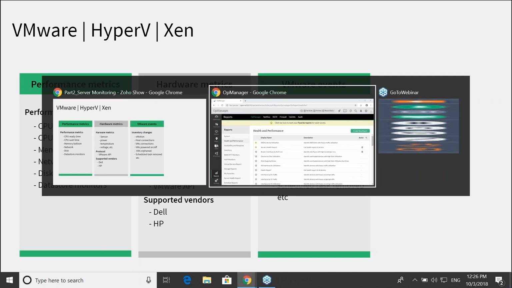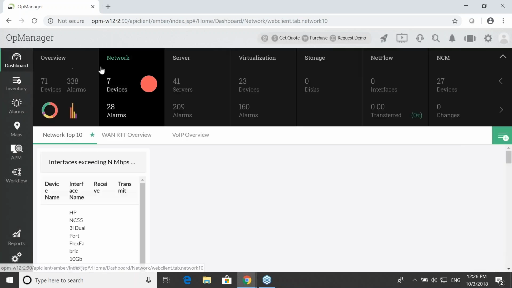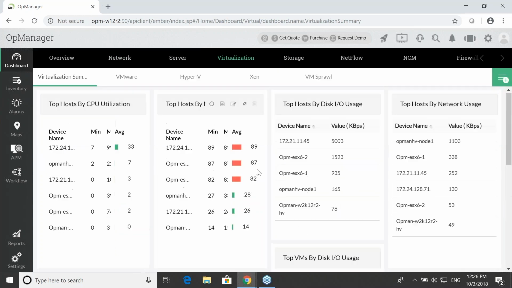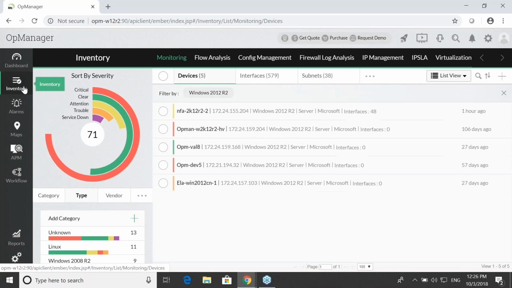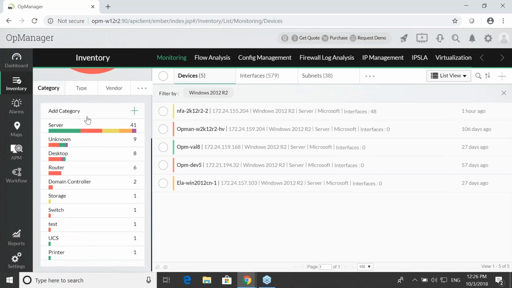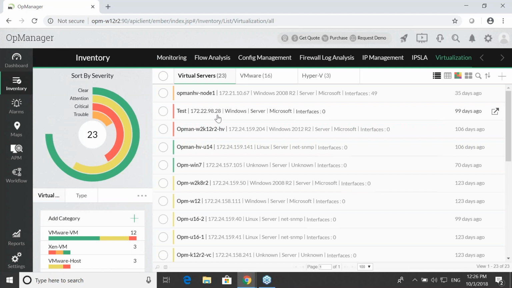And the VMware events, let me quickly show you. We go to dashboard, and you have a separate dashboard available for virtualization. You get to know how many ESX hosts are available, how many vCenters are available, along with the data. Go to virtualization and pick one device, for example,